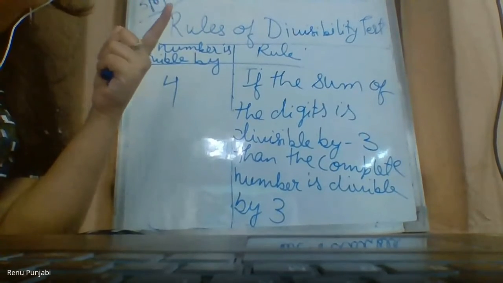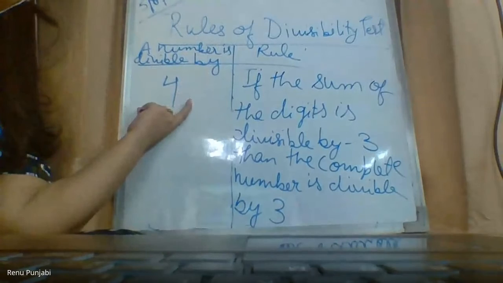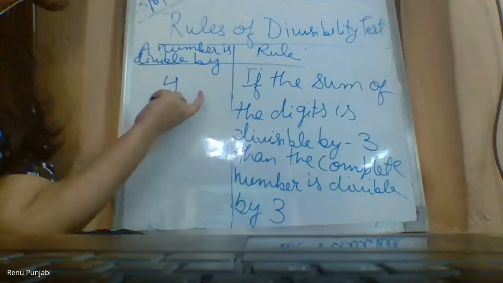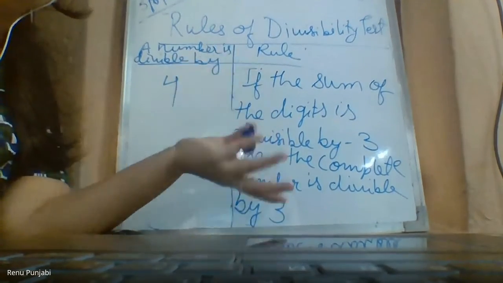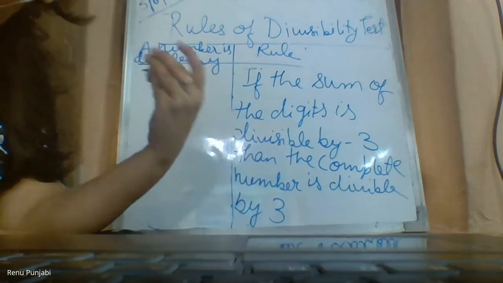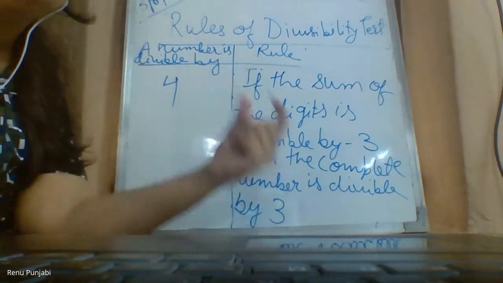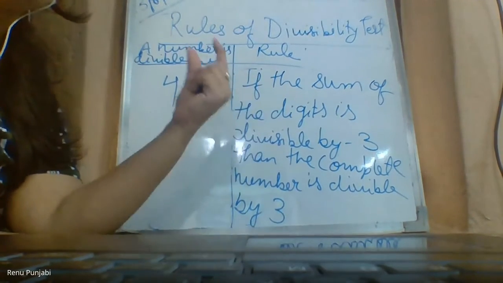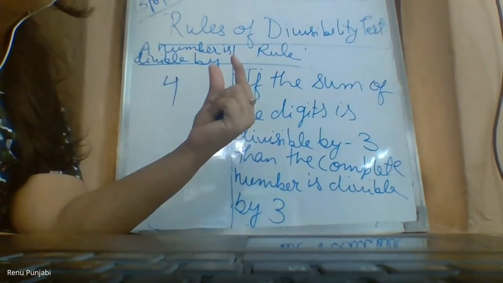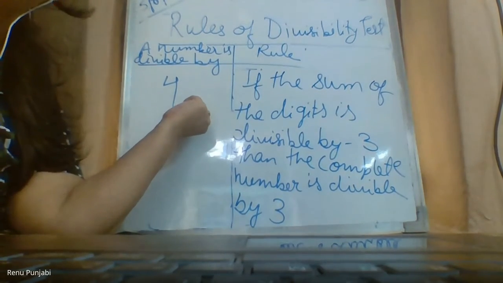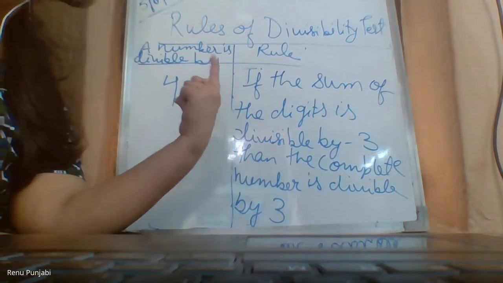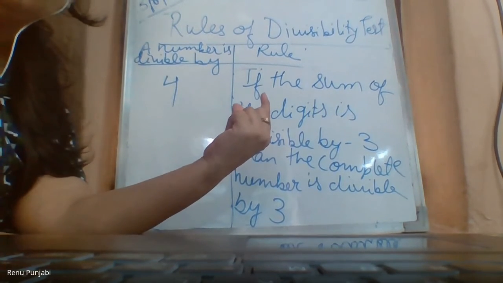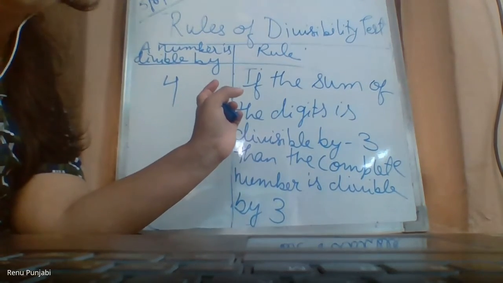Twisha, as you said that you have not understood the divisibility of 4. Divisibility of 4 says to check the last 2 digits of any number, either a 5-digit, 6-digit, 8-digit or 9-digit number. It can be any big number. Only check the last 2 digits, meaning the ones place and the tens place, and see whether that 2-digit number is divisible by 4. If it is divisible, then the complete number is divisible. If the 2 digits are not divisible by 4, then the complete number is not divisible.